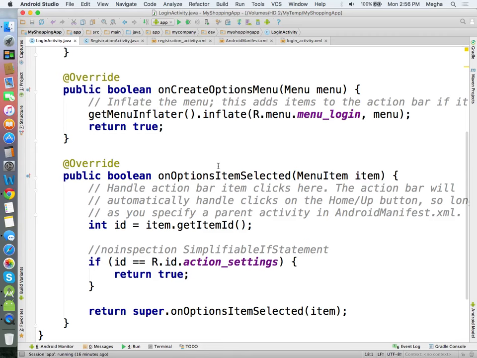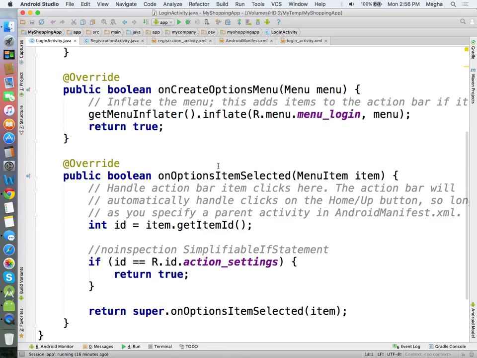These scenarios may come, and especially this menu itself has been implemented in that way. I'm going to create a menu system in a separate XML file, the design, and I'm going to add or inflate it. That's the reason. getMenuInflater is a method, maybe retrieving some object. In inflate, I'm giving another XML file.